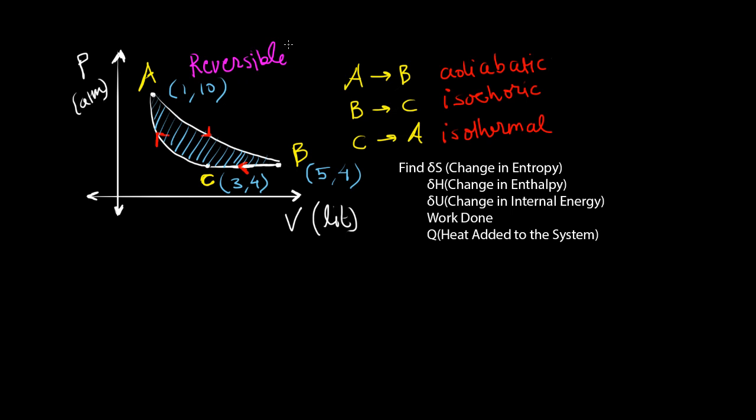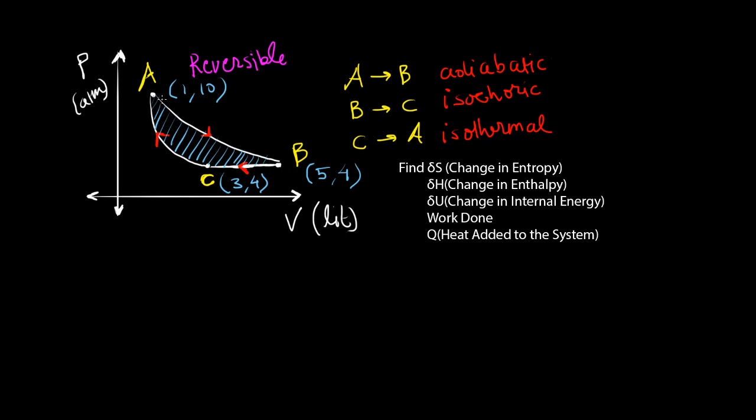if this were an irreversible process, then these points would not be defined, because when you throw the system out of equilibrium, then the pressure and volume fluctuate, and you cannot define it at a certain point. So this has to be reversible, which means you are doing it very, very slowly, infinitesimally slowly. Okay, so back to the question, and this